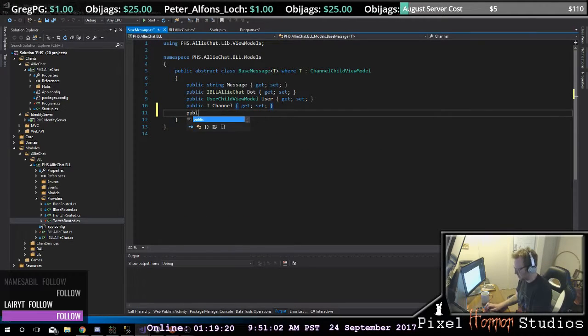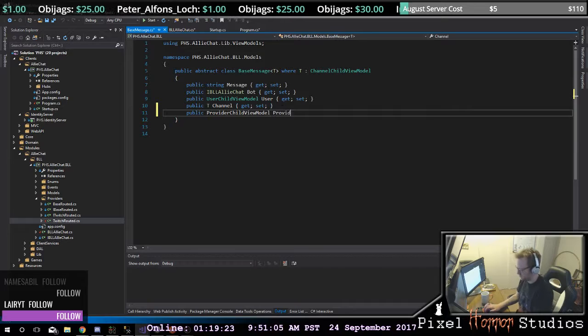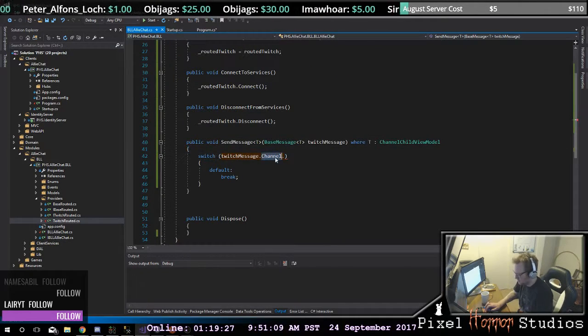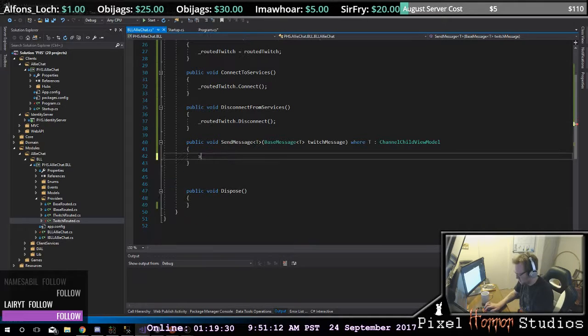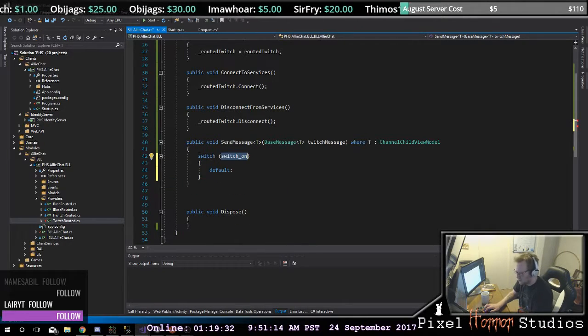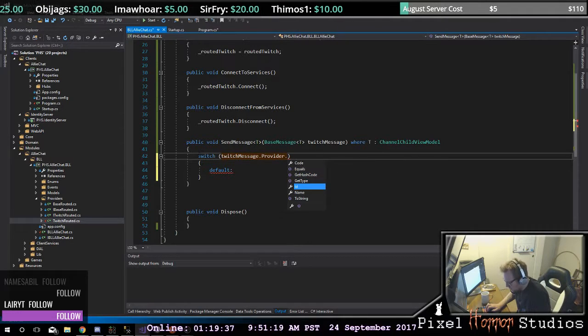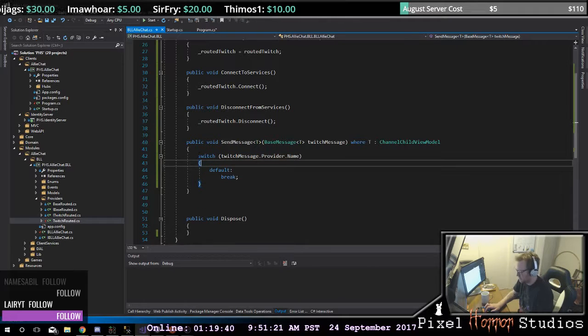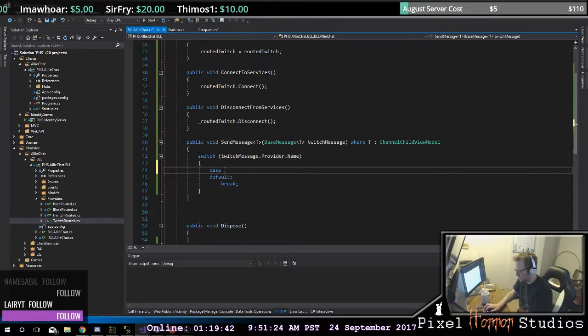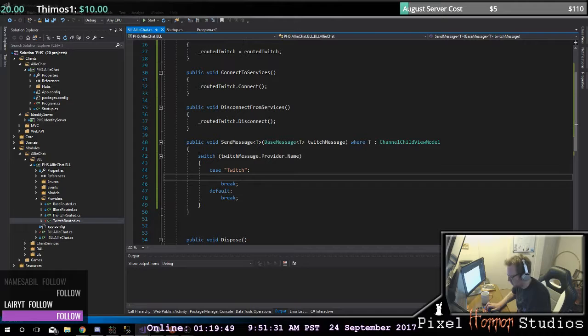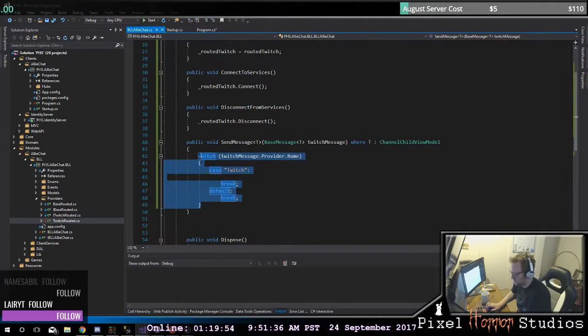This needs to be a public provider child view model. And we'll do that on the name. So now if in fact we have Twitch, I guess the easier way to do would be